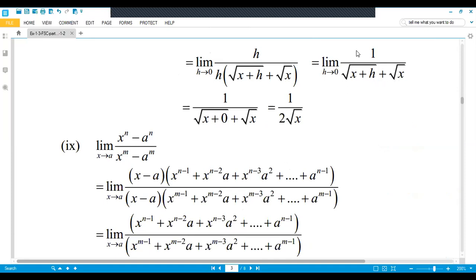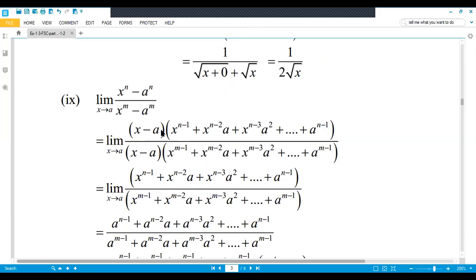Now you apply the limit on the numerator and on the denominator. So when you apply on the numerator, again the constant number 1 you write as it is, and when you apply on the denominator, x as it is, in place of h you put 0, plus under root x. Now 1 as it is, under root x plus under root x is 2 under root x. Now this is also one theorem, one limit function, which we study in the results. So this is how you do it.